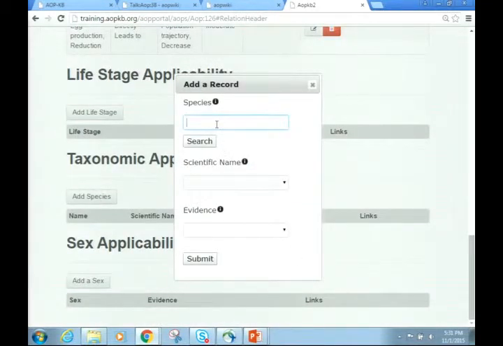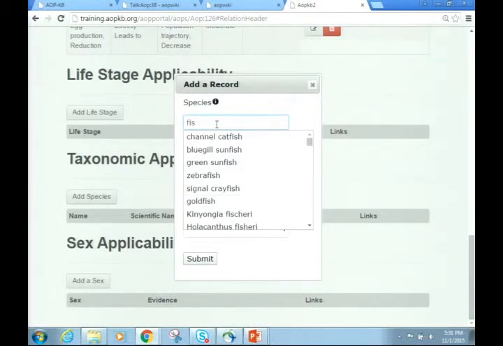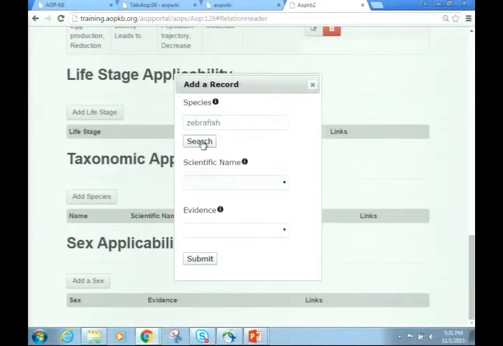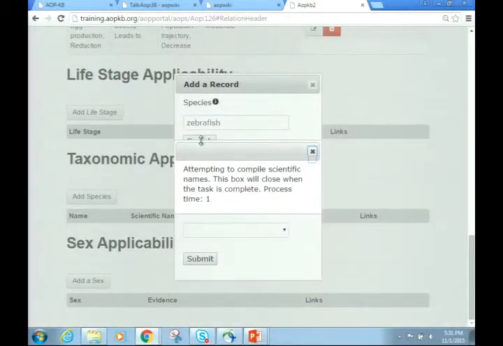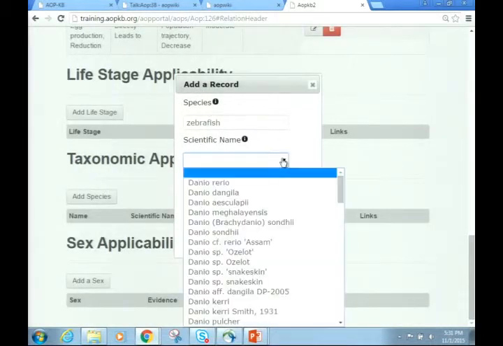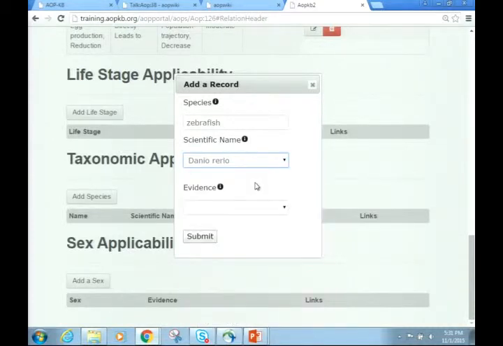I guess I could show you that, in that it will, I don't know if we have fish. Let's say this one, right? And then what it will do when you put in your common name is it will search and see if it can find scientific names that match that. And so we try and encourage people to be as precise as possible. Now, you wouldn't have to enter this, but we try to encourage people to be as precise as possible. And like I said, the evidence calls are the same across all of them.